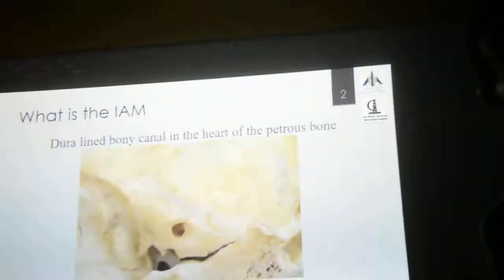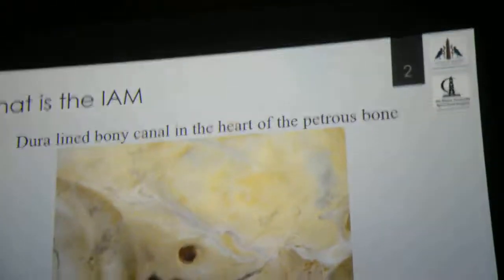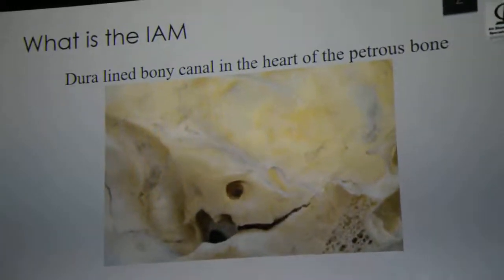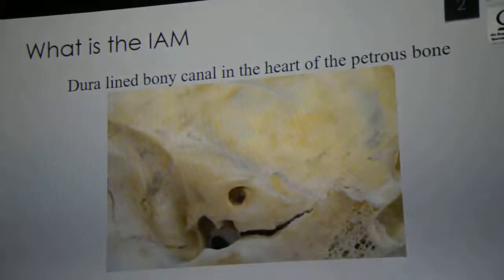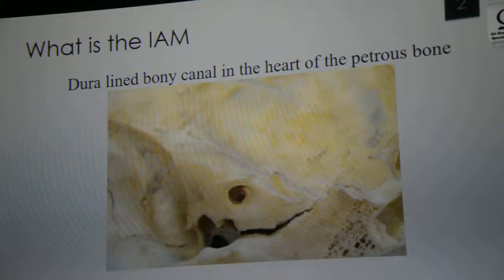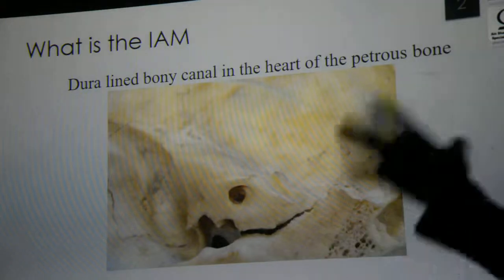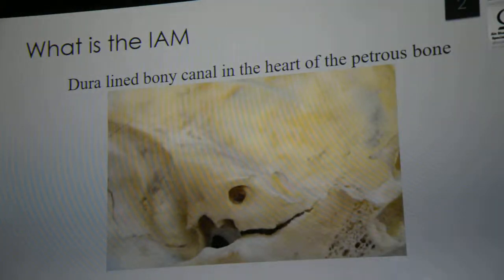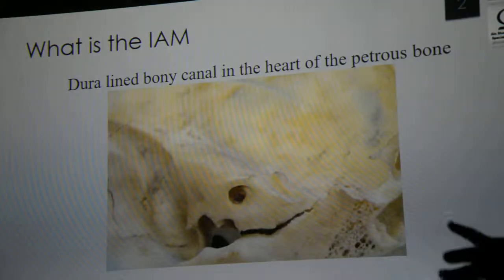What is the internal auditory meatus? كلنا في الاناتومي المفروض ان احنا عارفين الانترنال auditory meatus. What is the internal auditory meatus? It is a bony canal in the heart of the temporal bone. في قلب التمبرال بون on the posterior surface of the temporal bone. ندخل على السكال من جوه هنلاقي posterior surface of the temporal bone عامله lateral wall of